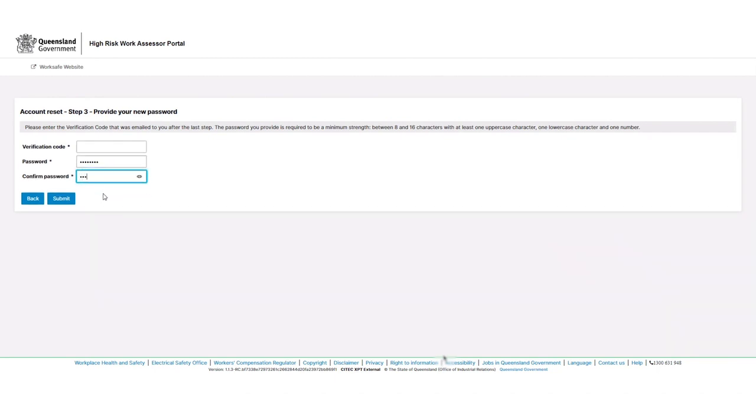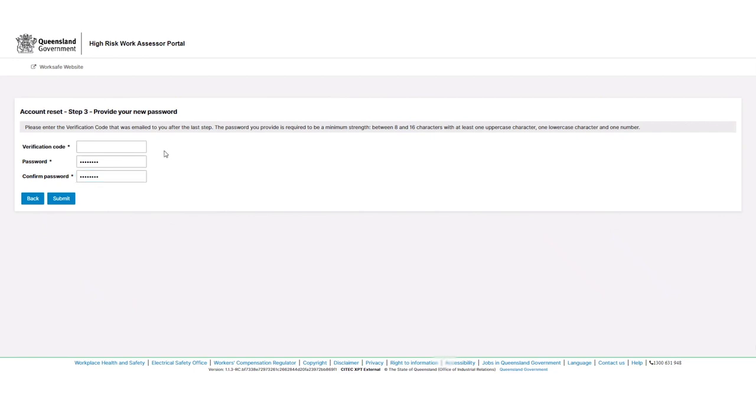So for your password, you'll see you have instructions up the top here. The password needs to be between 8 and 16 characters, with at least 1 uppercase character, 1 lowercase character, and 1 number. You don't need to use any kind of special characters or symbols, and the password will validate against poor password choices like the word password or the word password with numbers, capital letters, etc. You'll also not be able to use passwords like today 123, Monday 123, the name of the month 123, and so forth.